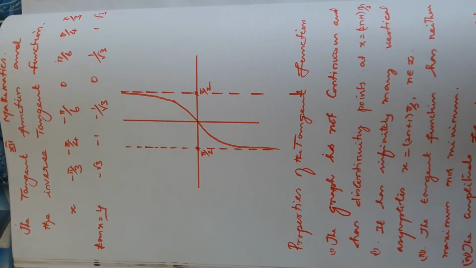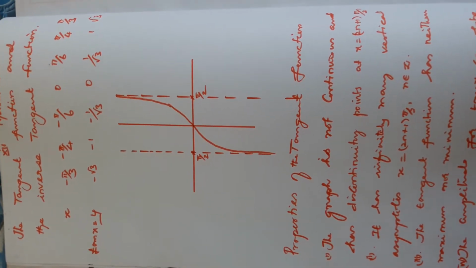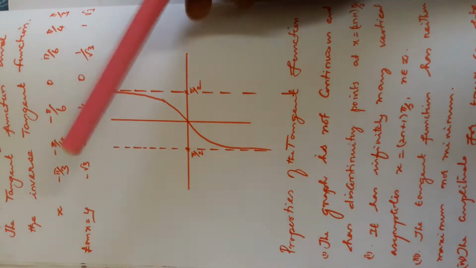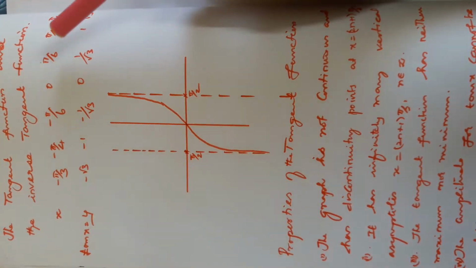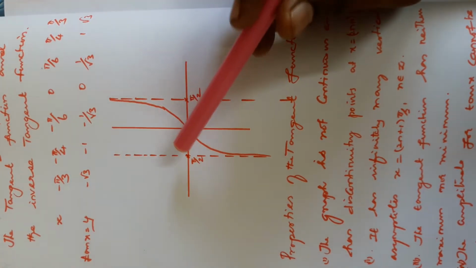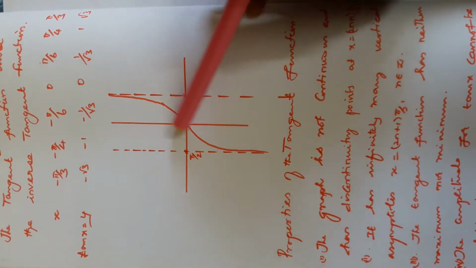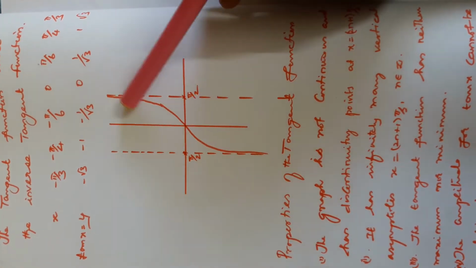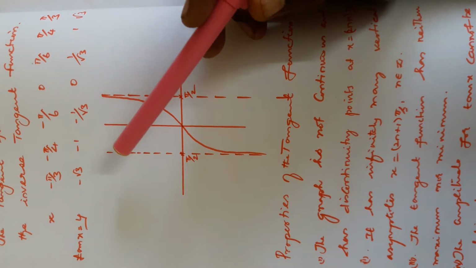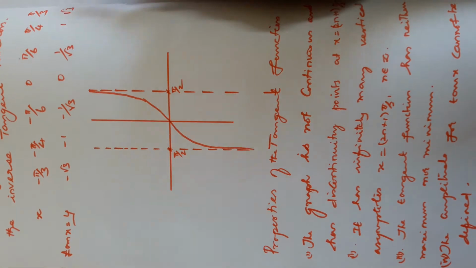So today our concept is the tangent function and the inverse tangent function, right? Exercise 4.3. And you know the tangent values from minus pi by 3, minus pi by 4, minus pi by 6 to plus pi by 3. So here you have plus pi by 2 and here you have minus pi by 2. So the values lie between these two lines, right? Only the curve represents that, and it will never meet the dotted line, okay? The lines are called asymptotes, okay?